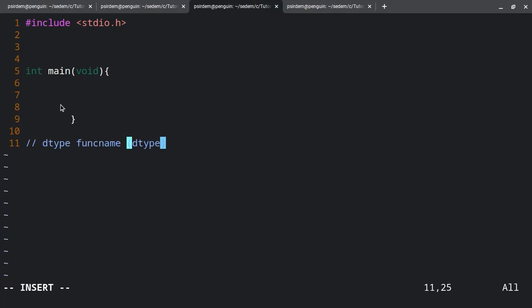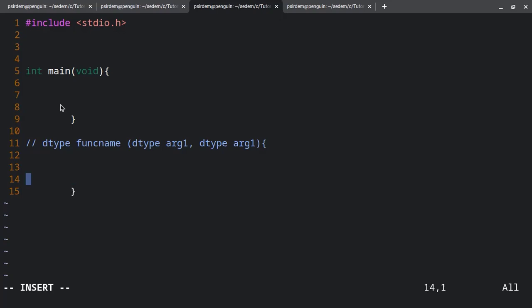So you do data type arg1, and then data type arg2, where the argument is any parameter you want to give your function. When you are done with the parameters you want your function to use, then you would